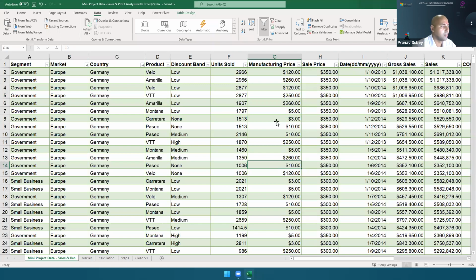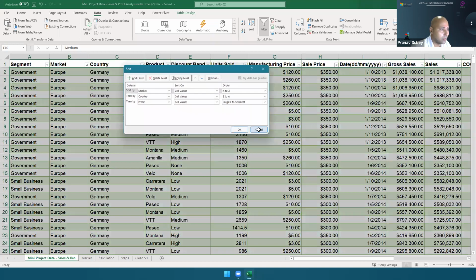Okay, I just shared. Now, Priyanka, I believe you can get the sorting part. I really can't zoom the dialog box. This cannot be zoomed into.